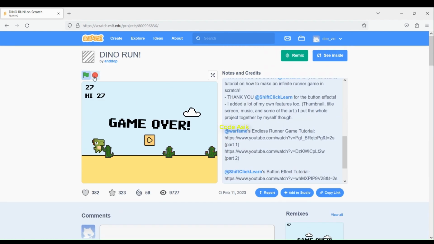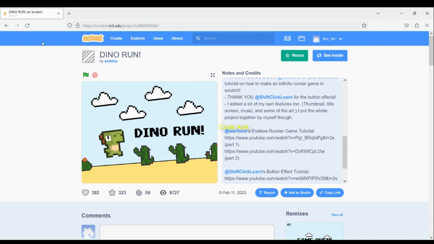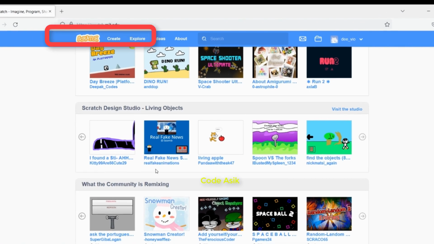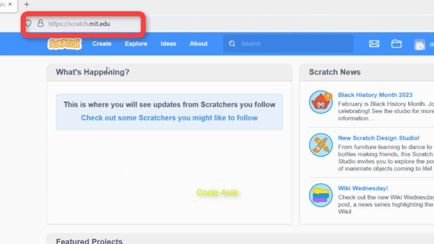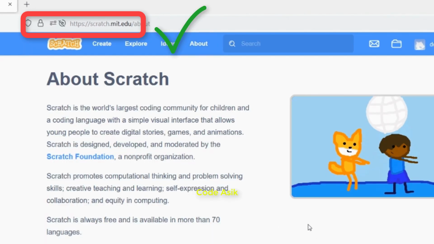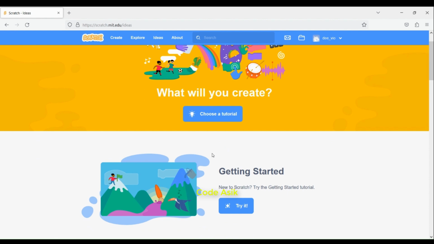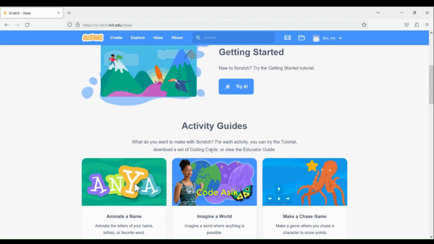For a complete overview, you can directly go to the official page of Scratch and see all the examples in the shared project by another member. Without any further issues, let's get started.